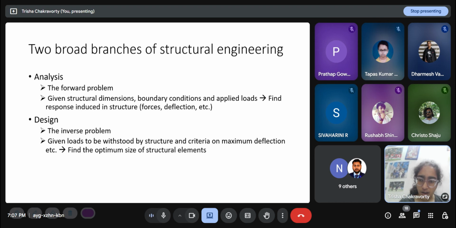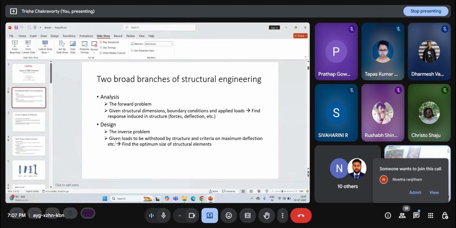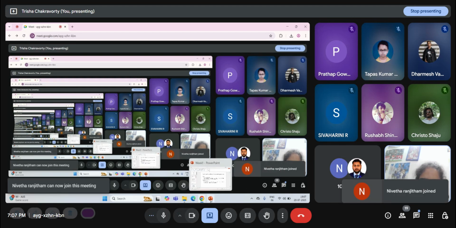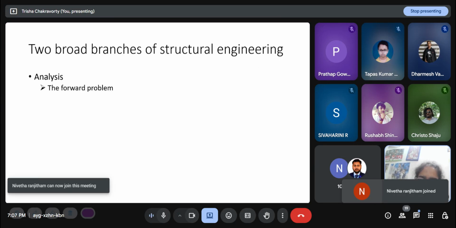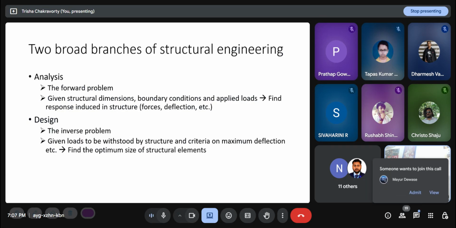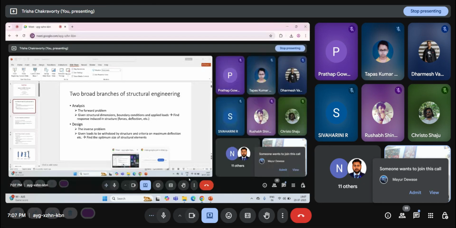So we'll see what the steel elements are. Like in concrete the elements are beams, columns, and so on. And steel also has beams and columns, but they are generally approached in a slightly different manner. And also in steel design, connection design is very important,